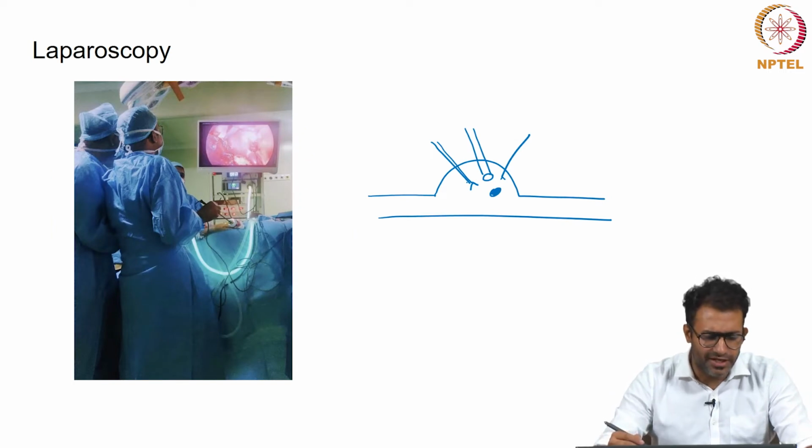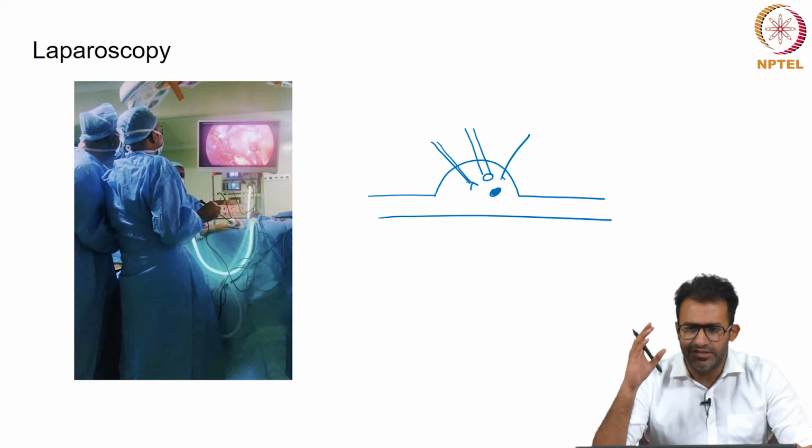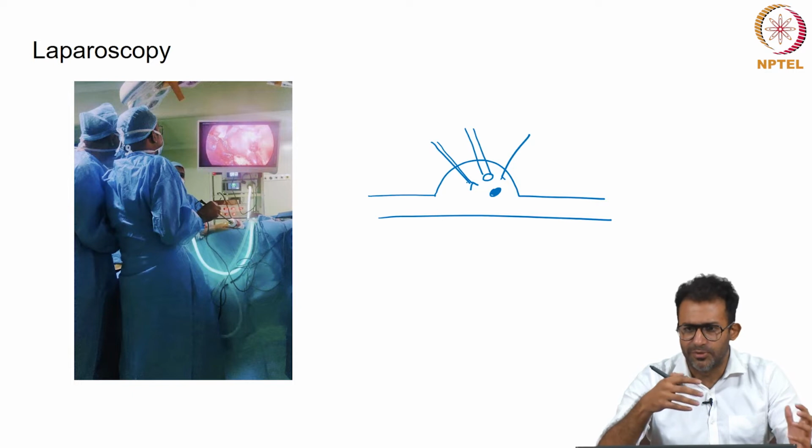Laparoscopy is essentially putting a tube inside the abdomen. That's me on the screen. So, what I am trying to do is remove the gallbladder. The gallbladder is an organ just under the liver, and since the early 90s, laparoscopy has been considered the gold standard for gallbladder surgeries. In many other fields of surgery, laparoscopy is slowly emerging as a gold standard.